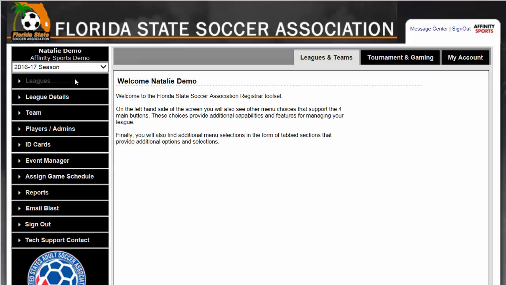Welcome to the Affinity Sports League Administrator Access for Florida State Soccer Association. When you log in with your secured username and password, you will see your name listed here along with the league that you're associated with. We are starting off for the